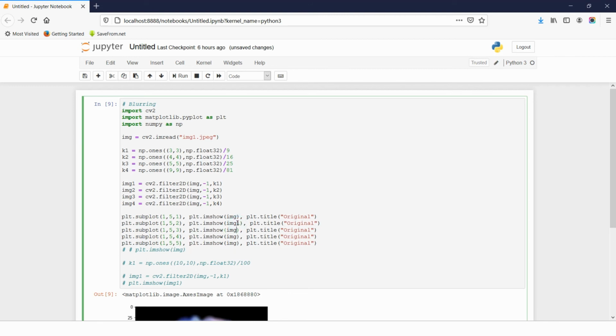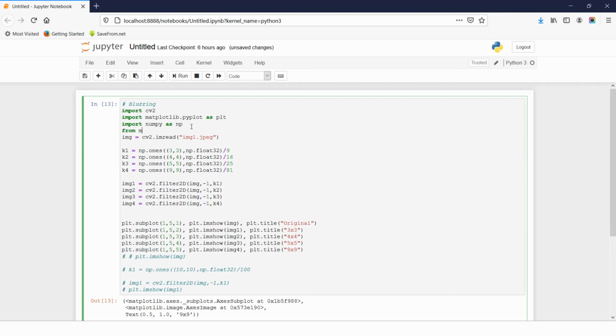Here we'll change to img1, 2, 3 and 4, and write the kernel sizes: 3 by 3, 4 by 4, 5 by 5 and 9 by 9.